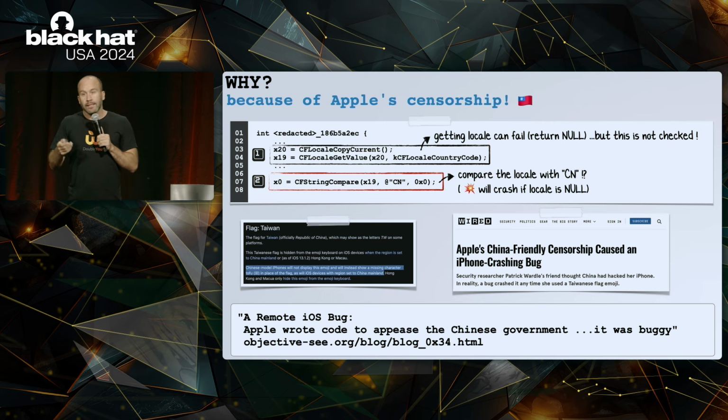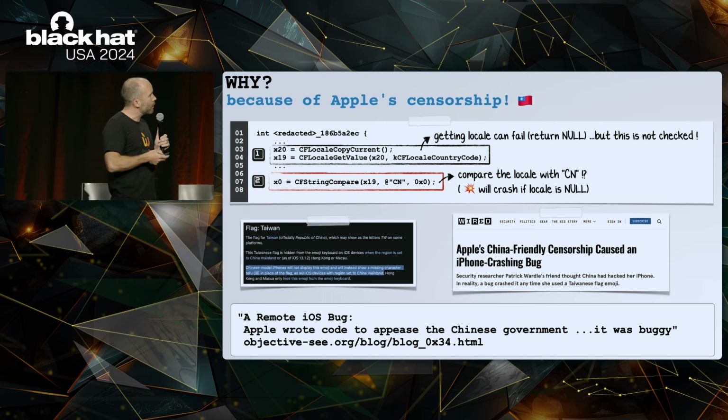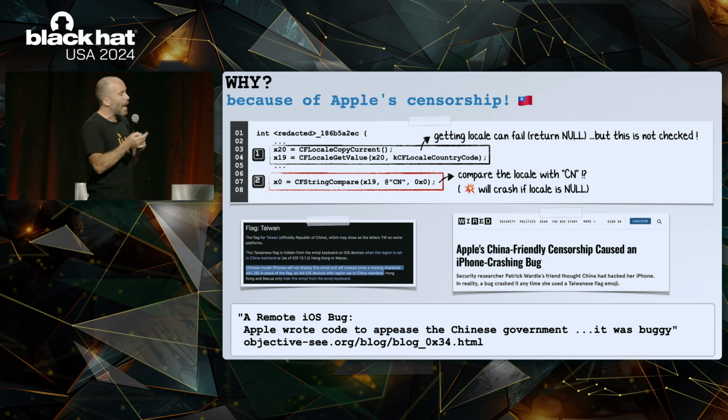So I looked at the disassembly in the call stack, and I basically found that what Apple was doing was trying to get the locale of the user's device, and then comparing that with CN for China. If that was true, they would not display the Taiwanese flag. So that was interesting, because basically it showed that Apple had acquiesced to the demands of the Chinese government